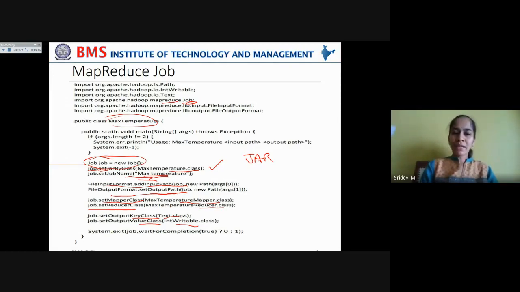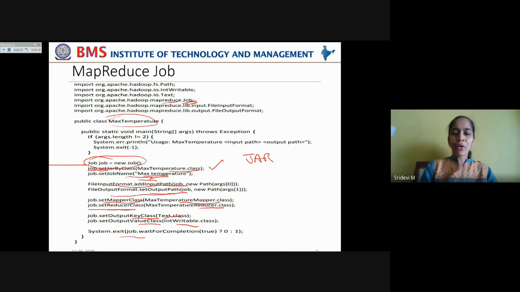So you have created the job object, created the jar file, given it a name, and you are setting the input path from where the data has to be read for processing, and setting the output path to where the output data has to be written, and you are setting the mapper class and reducer classes, which include the map and reduce functions in order to execute this job. And you are also setting the type of data that would be given as output by this job.